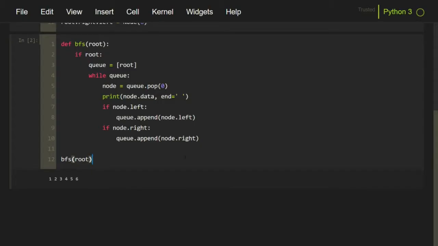Now, what are the uses of this breadth first search? Breadth first search returns the shortest path in graphs and trees if the edges are unweighted. There are lots of BFS variants that can be written which involve level order traversal of trees. The time complexity of this algorithm is O(n), if n is the number of nodes in the tree. This is because we are traversing all nodes in the tree. The space complexity is linear, that is O(n), as the queue fills the entire level of the tree inside it, which is much higher than the logarithmic space complexity of depth first search. But it avoids recursion, so that is a good point.